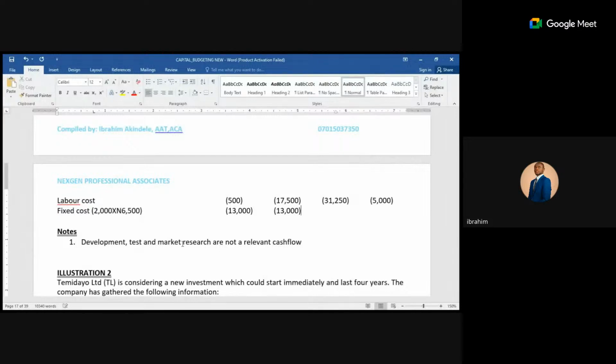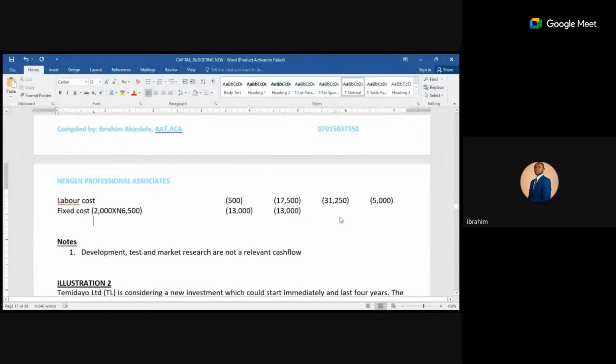Please, these are the notes you need to add to this place. In your notes, all these notes are very important. How we arrive at our labor, how we arrive at our material, please attach it. When you see a question like this that has to do with relevant cost, testing your knowledge of relevant cost in capital investment, you need to show your notes. Thank you. So this part you can still have 13.